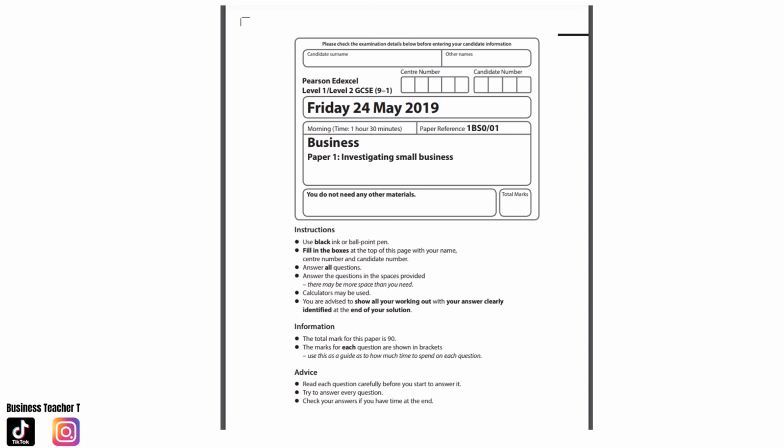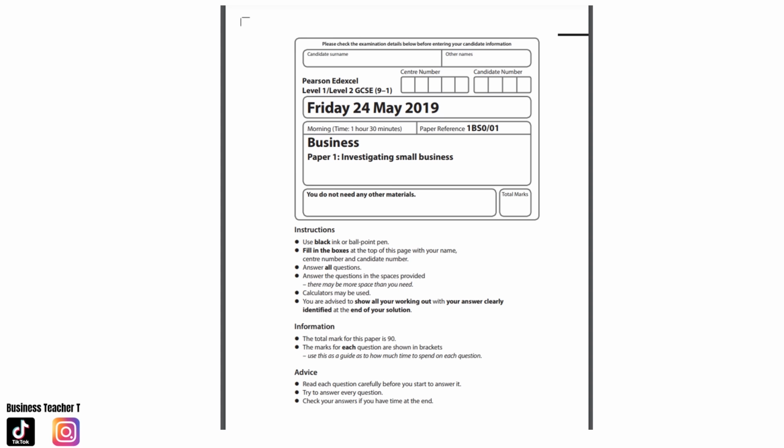So for Paper 1, Investigating Small Business, you need to answer all questions. You have an hour and a half to complete the paper, and the total amount of marks is 90. The paper is divided into 3 sections, Section A, Section B and Section C. Section A does not contain a case study, and you should perhaps spend around 25 minutes or so on Section